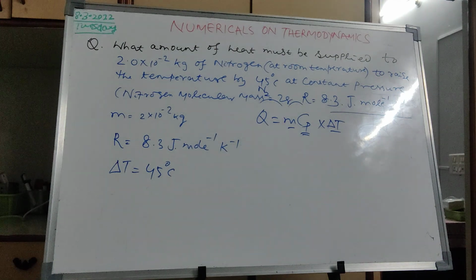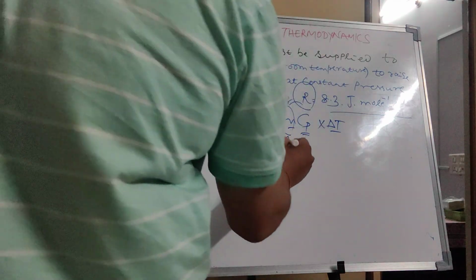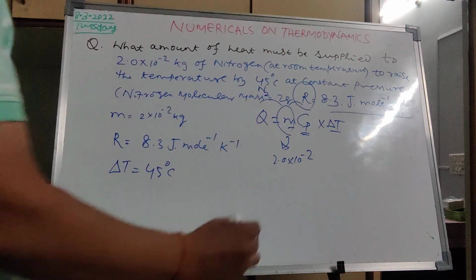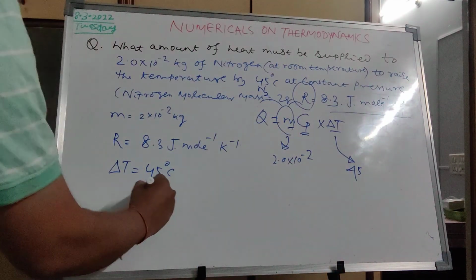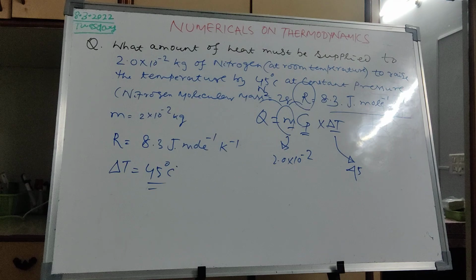No, no. We have the R. Mass we know as 2.0 into 10 to the minus 2. Del T we know it is 45, because whether it is Kelvin or centigrade, del T, like let us